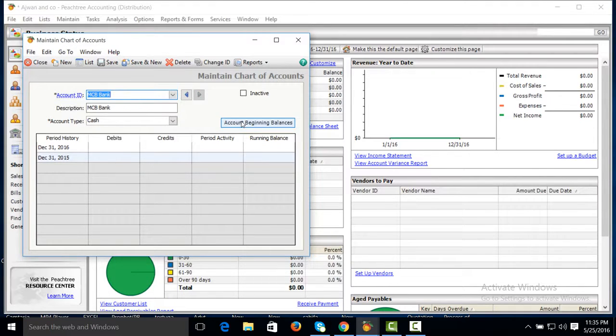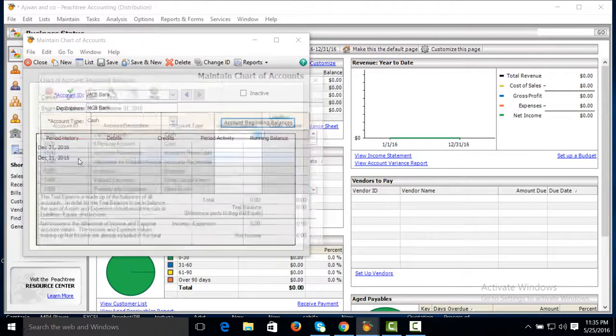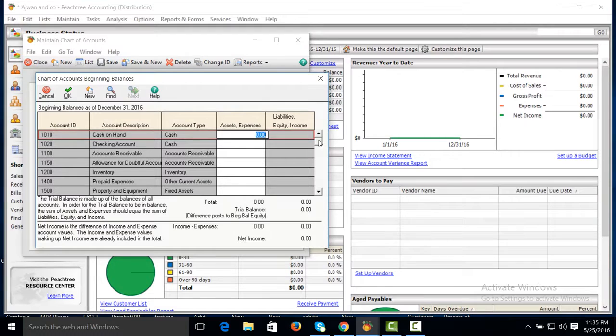Then we will click on account beginning balances. Select the financial year, which is 2016, January 1st to December 31st. This is a trial balance. We will put the amount in our bank account like we are passing a journal entry. When a business started with a capital of rupees, suppose 5 lakh, then the bank account will be debited for 5 lakh and the capital account will be credited for 5 lakh.